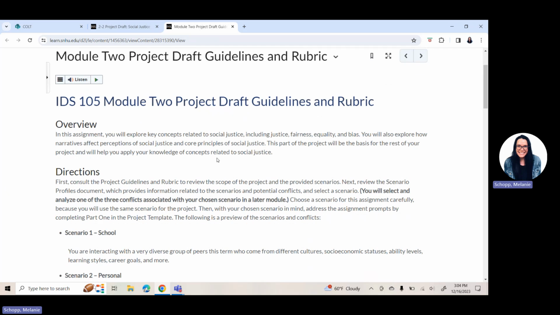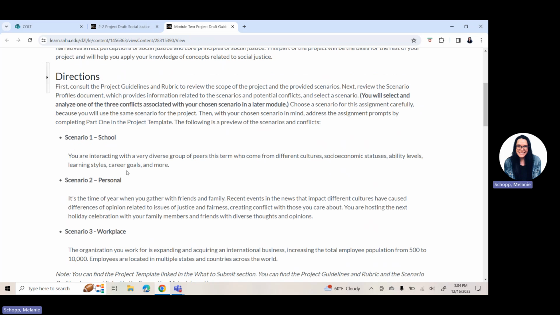For this very first one, you are going to be centering in on, first and foremost, picking a scenario. Underneath the directions, you're going to have 3 different scenarios that you can pick from. Scenario 1 is school, scenario 2 is personal, scenario 3 is in the workplace. The ones listed here on the assignment overview are just a quick overview of each scenario. To get all the details, we want to click on what's called the scenario profiles,